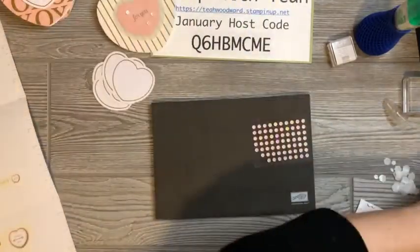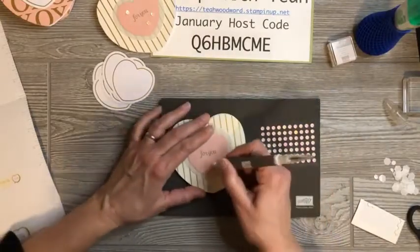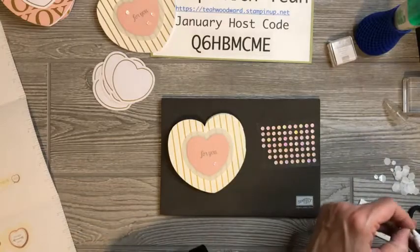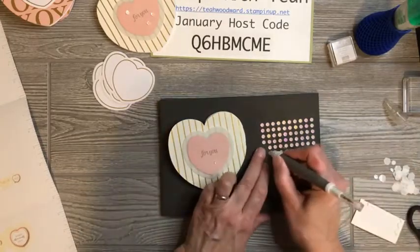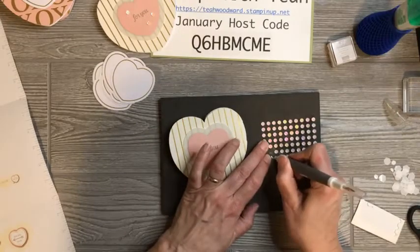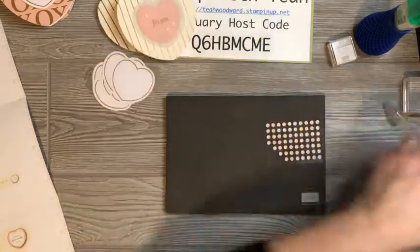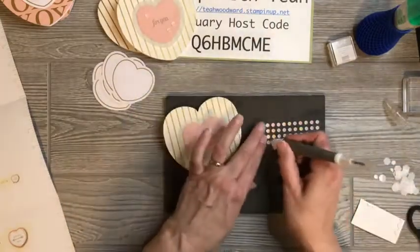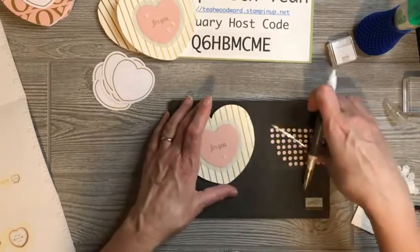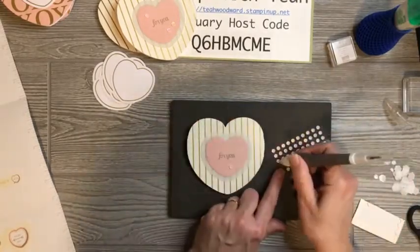Set that to one side. So this is pretty quick. Okay, here we go. Right? How fast is that? Some people slide these off. They hold their plastic sheet right here and they slide them off, and I have not been able to do